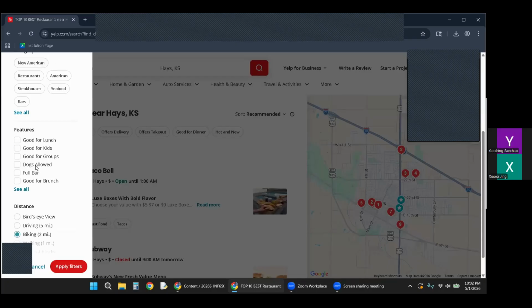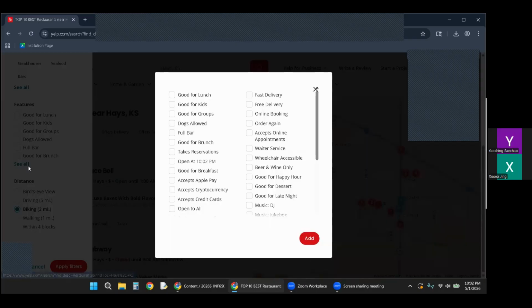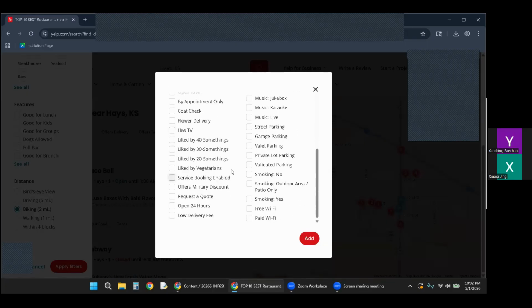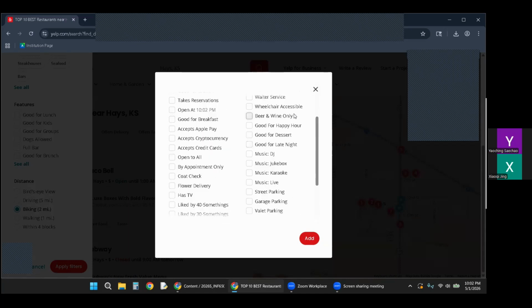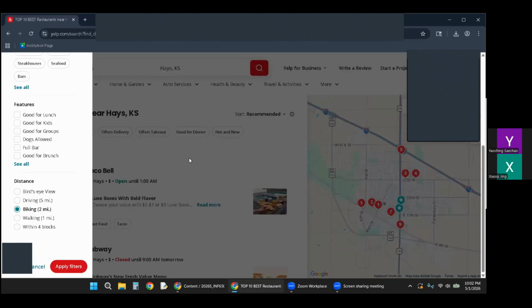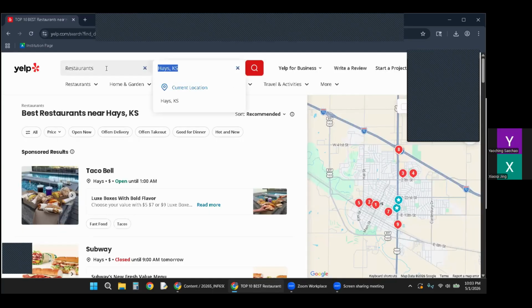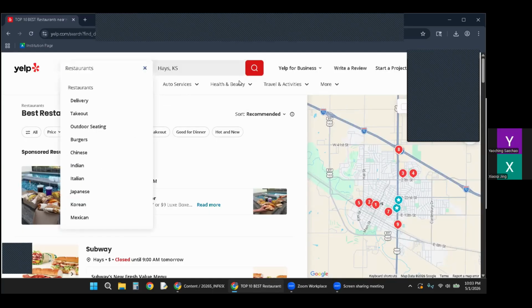And I couldn't see it right away on any of these filters. And there's really not a way for me to type in healthy either.